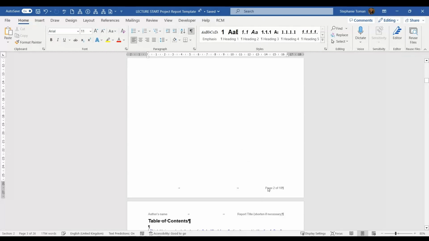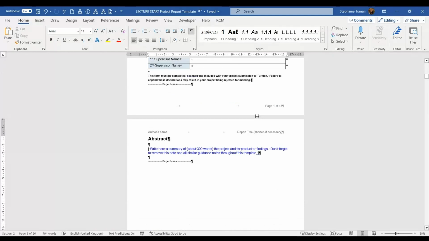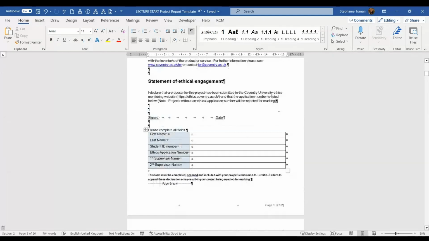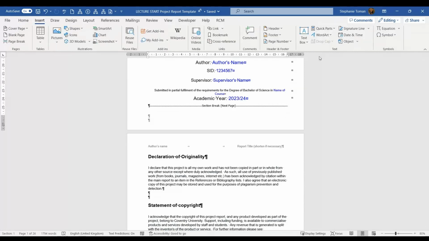In the bottom, you'll see that there's some page numbering, page 2 of 18. You may or may not have noticed that there's a page 1 starting there, but there is no page numbering on the first page. That's because if we go into the insert here and into the page numbering, you will see that there's the page numbering there, and we've got a different first page. So if we just